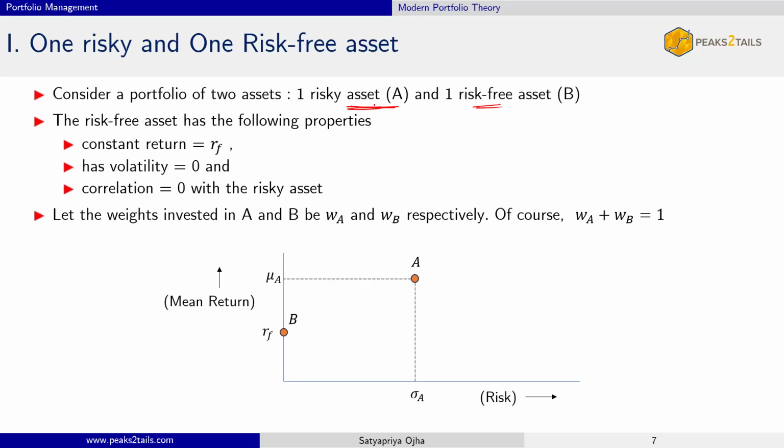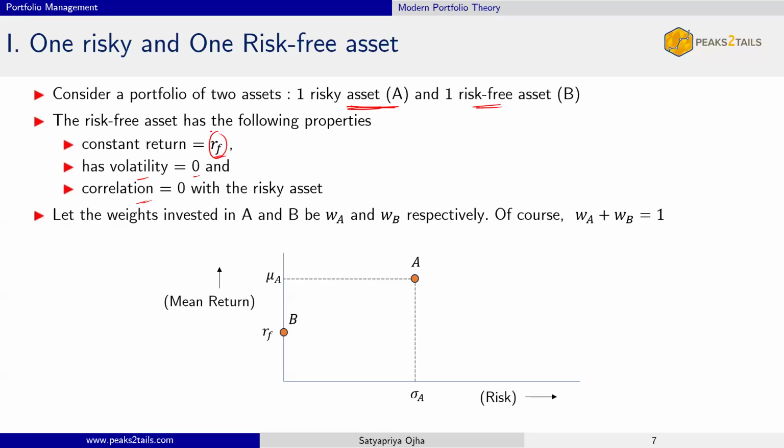Okay, so what is a risk-free asset? It has these three characteristics. It has constant return. Let's call it RF, the risk-free asset. The return is RF. Volatility is zero, constant return. And then the correlation is zero with every other risky asset. Obviously, if this is always fixed, it is not correlated with any other asset's return. So that is my risk-free asset. Okay. Now, when it comes to this portfolio where we have two assets, one is risky, the other one is risk-free,